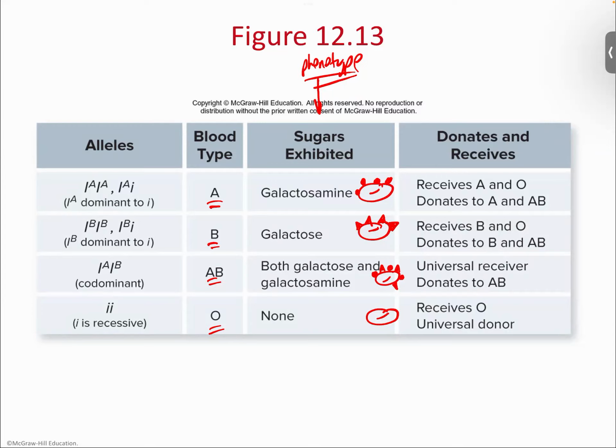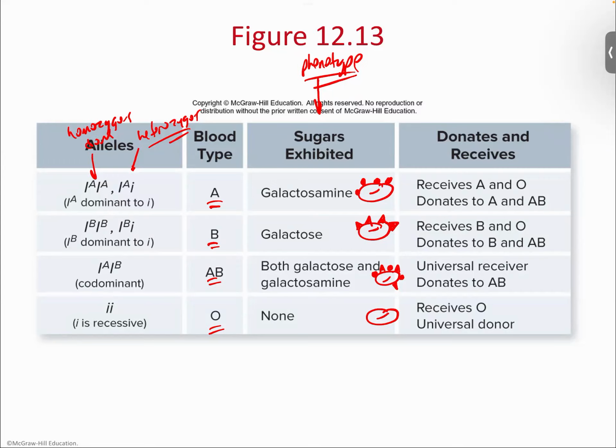Now let's take a look at the genetics underpinning this, right? Because we looked at that already in lab, but now let's flesh out the genetics. So if you're an A type person, then your genotype can be one of two. You can either be homozygous dominant, that is big A, or you can be heterozygous. Why? Because i is a true recessive. So either one of these would basically give you A type blood, and you would make galactosamine on your red